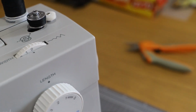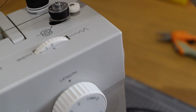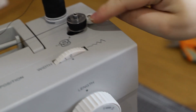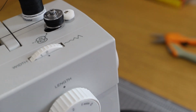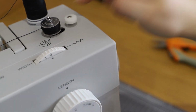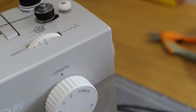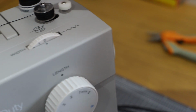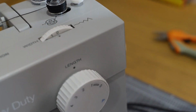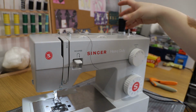it's done. So what happened there was the thread got so thick that it hit this little white stopper and it stopped it from threading anymore. That means that it's done. If your machine is a little bit overfilly, so it doesn't let it stop, what you want to do is unscrew it and just adjust it inward until it's perfect. Now that your bobbin is threaded, you want to